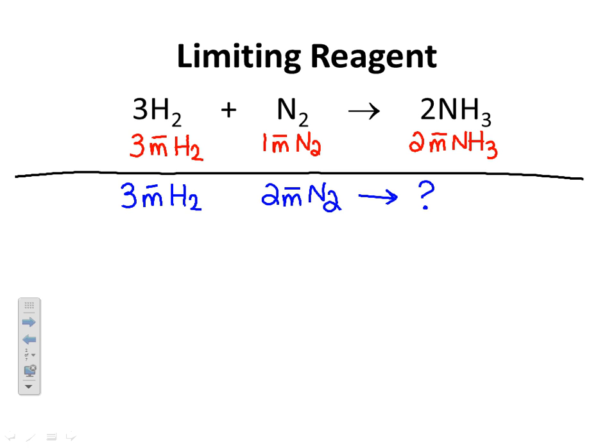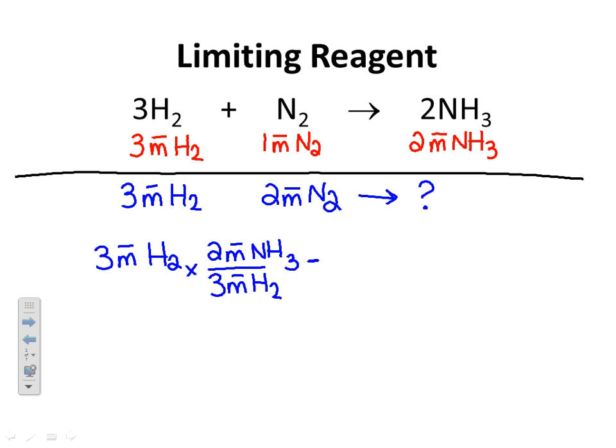Let me just show you when you can't figure it out quickly, or when you start with grams, you're going to want to do this. Here's a way that works every time. So we're going to start with each of our reactants and assume that that reactant reacts completely. So if I have 3 moles of hydrogen, for every 3 moles of hydrogen, I produce 2 moles of NH3. So I would get 2 moles of NH3 possible